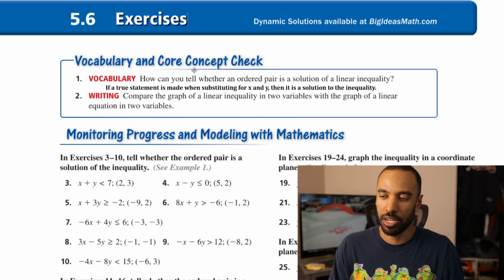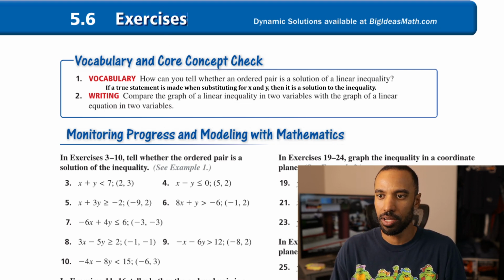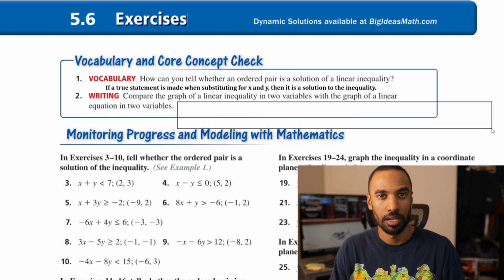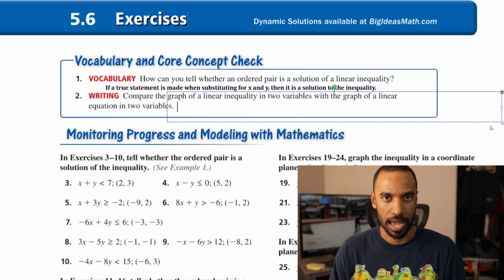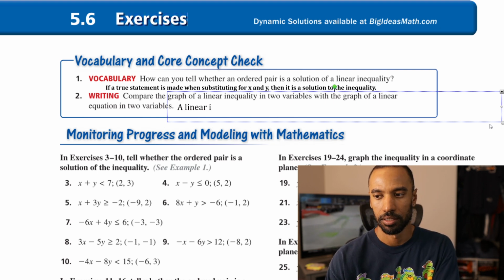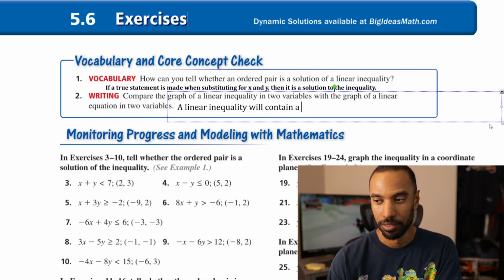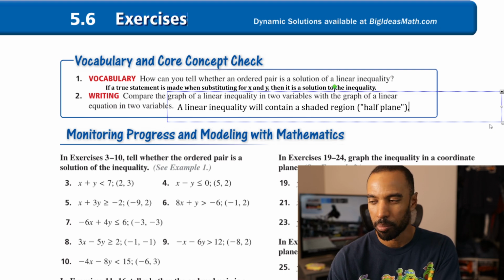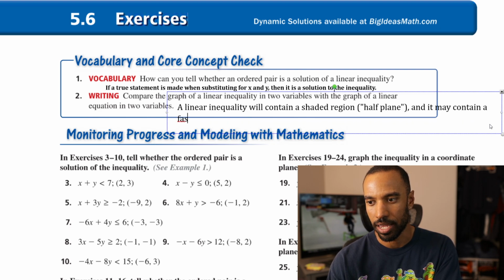Number 2, compare the graph of a linear inequality in 2 variables with the graph of a linear equation in 2 variables. Well, a linear equation in 2 variables might be void of 2 other things that the inequalities will have. Linear inequalities will contain a shaded region, and it may contain a dashed line. So a linear inequality will contain a shaded region, half plane. I've never said the phrase half plane. I'm not saying they're wrong. I'm just saying that's not part of my jargon, part of my vocabulary. And it may contain a dashed line